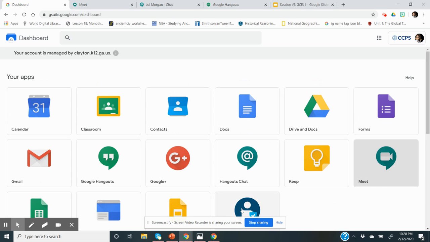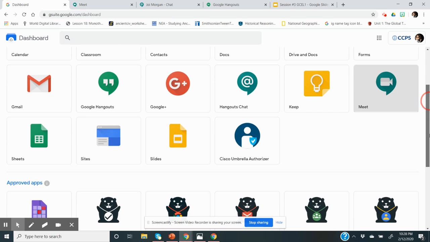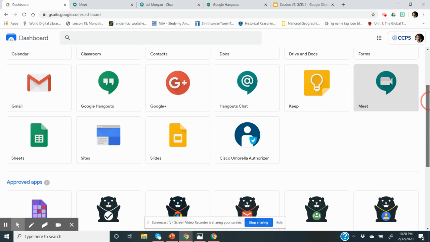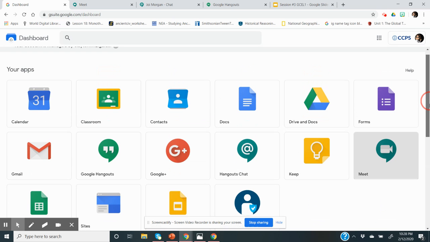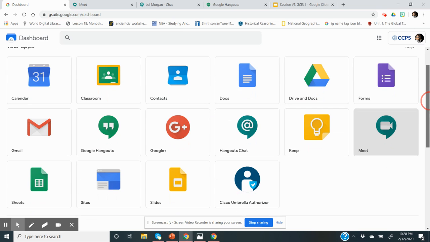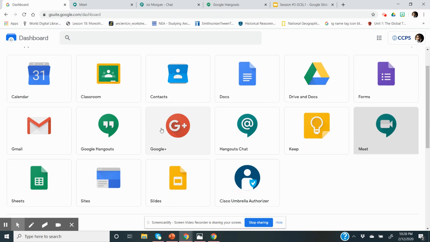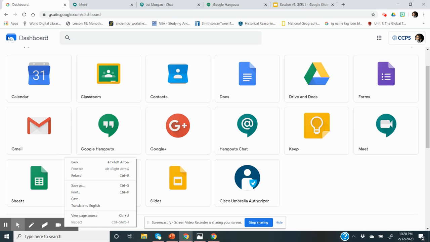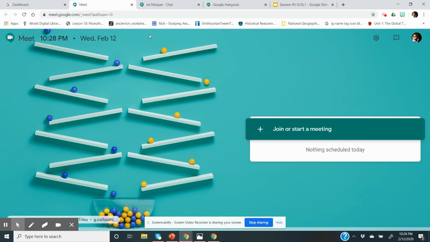It has something called Cisco Umbrella Authorized. I'm assuming that's probably for a G Suite administrator and all the other things that we're familiar with. And you do see Google Plus on here, but of course, I don't see Google Groups. Okay, so we have Google Plus, which I was informed wasn't working from the school, but we have Google Sites, Sheets. Okay, so going from here